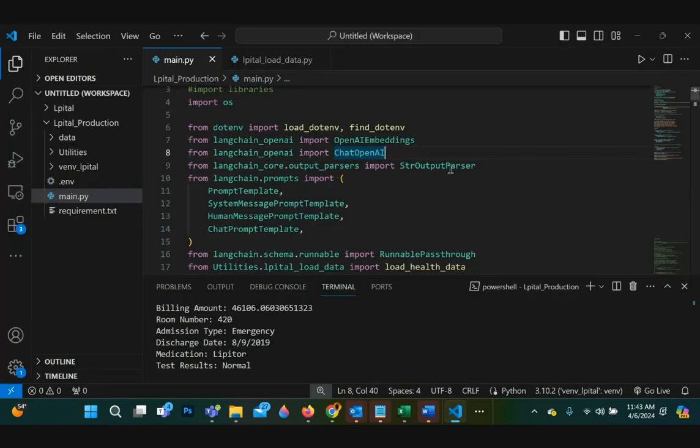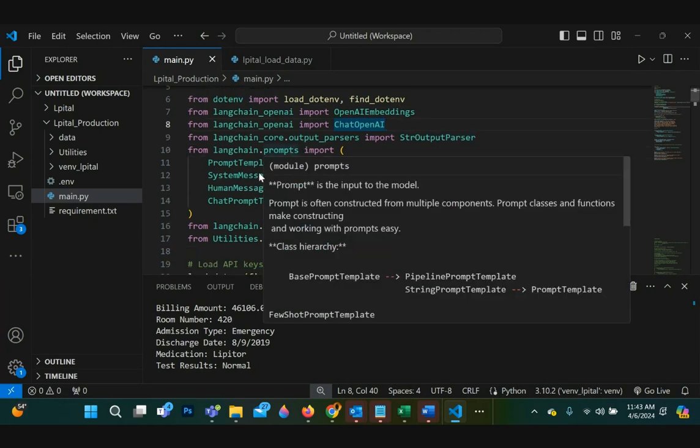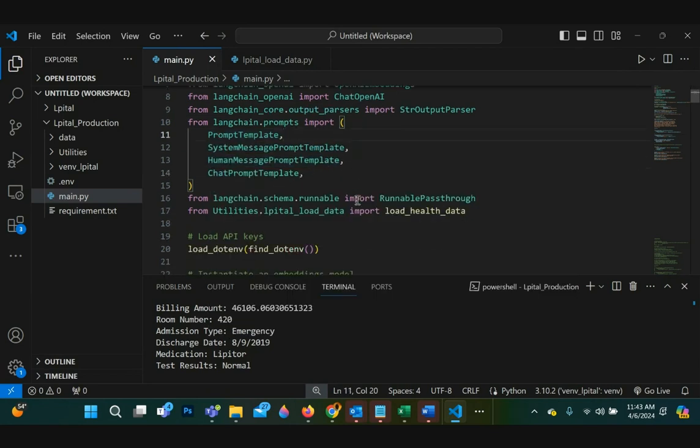Then we have the output parser, as we saw on LangChain's website. They have output parsers, but we're using the string output parser. Then we imported all the prompt templates for our chat functionality: the prompt template, the system message, the human message, and chat.